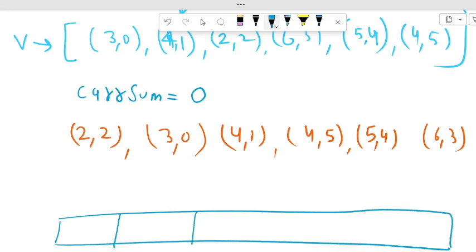So this will have index for every element, and I'll take two pointers. First one is j, which will be initially at the 0th index, and one will be I, which is at minus 1th index. So now we will check that if I plus 1th element is smaller than the jth element,